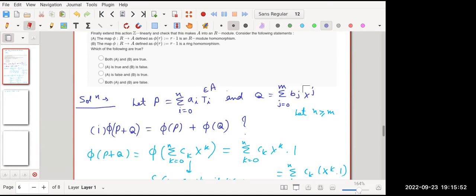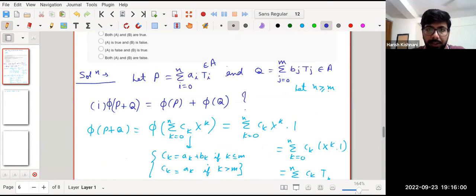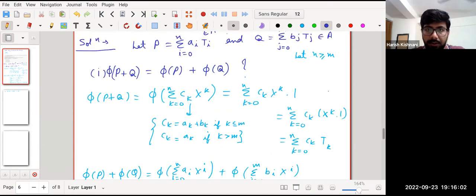Okay, sir. So if Ti, Tj belongs to A, then it will become much easier, I guess. Yeah, it is very easy. I don't know why we were doing all these silly things. Scalar multiplication is not even in the picture. It is just T of K, and then you have phi of